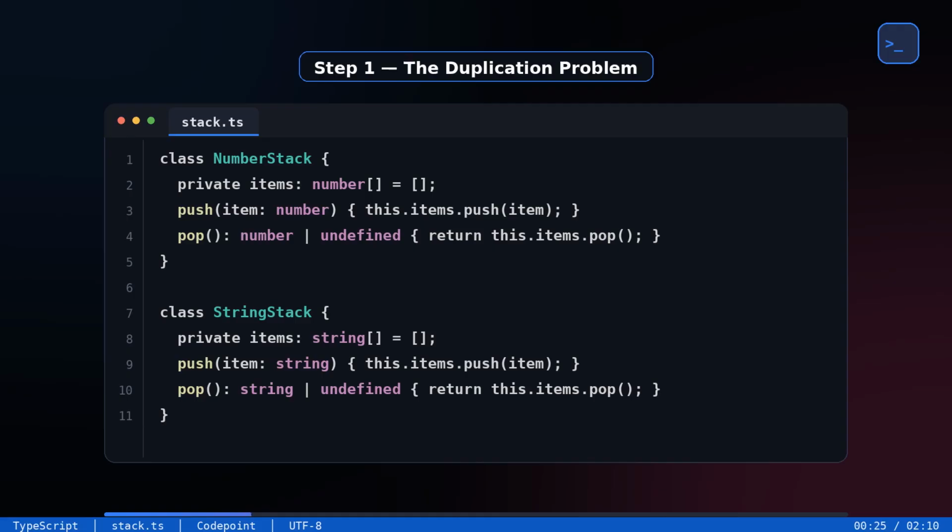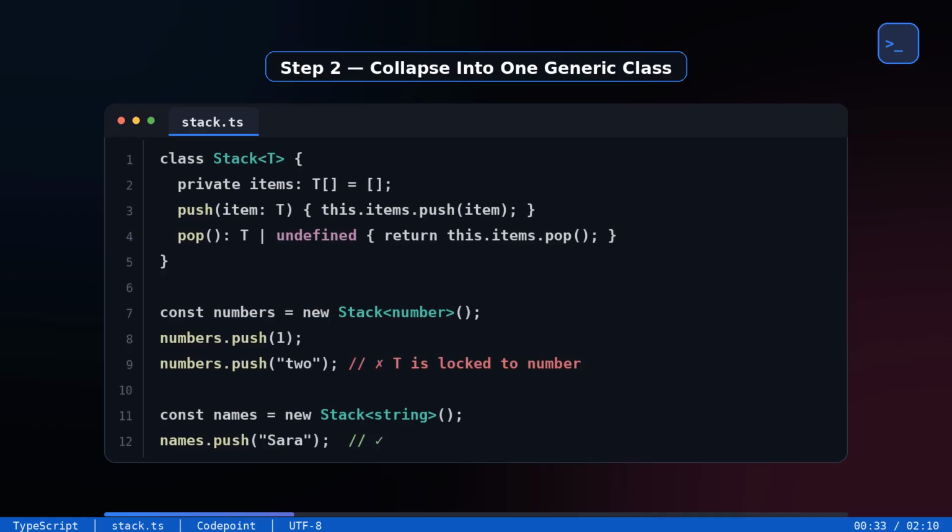Copy, paste, rename. class StringStack { private items: string[]; push(item: string) { this.items.push(item); } pop(): string | undefined { return this.items.pop(); } }